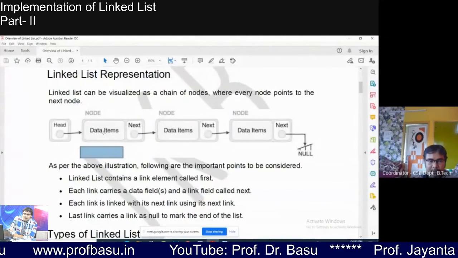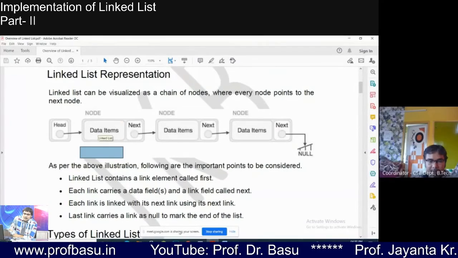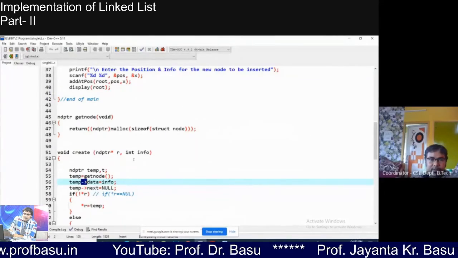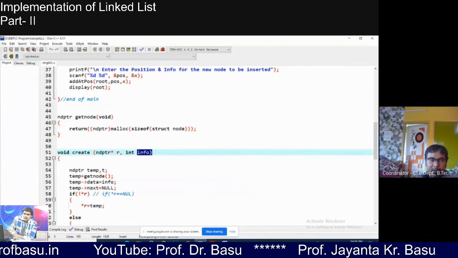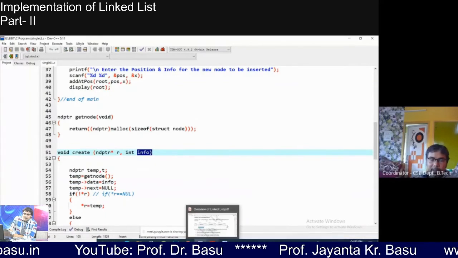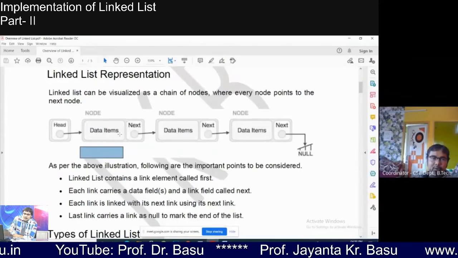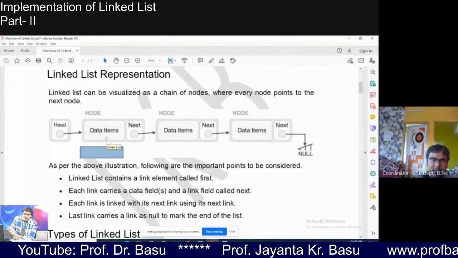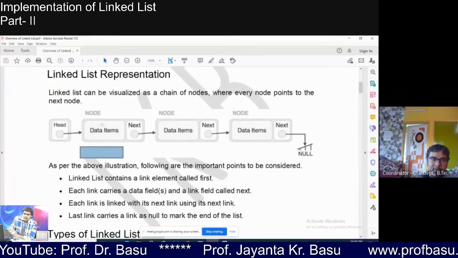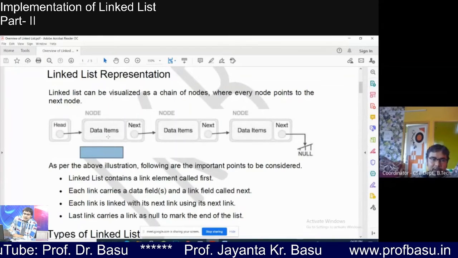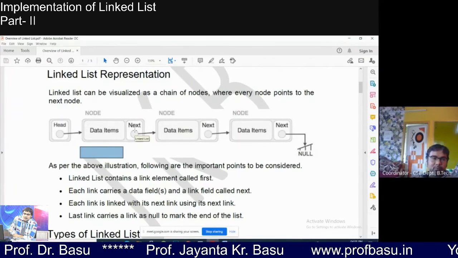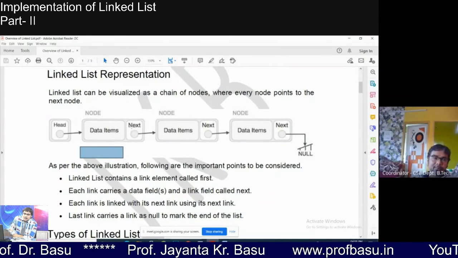We are filling this part, temp arrow data, by this info. Now, when we are creating the first node, this will also be our last node. What is the value of this next variable?